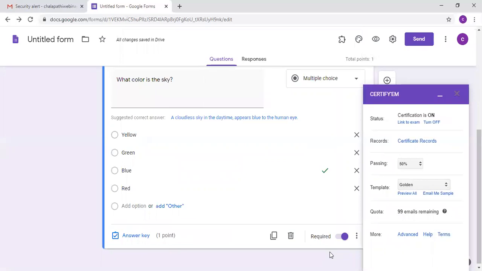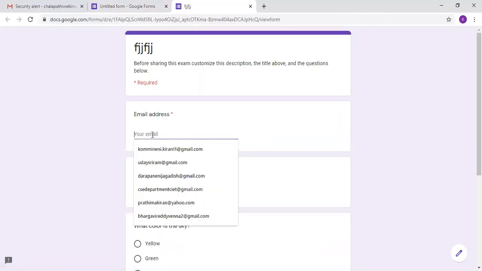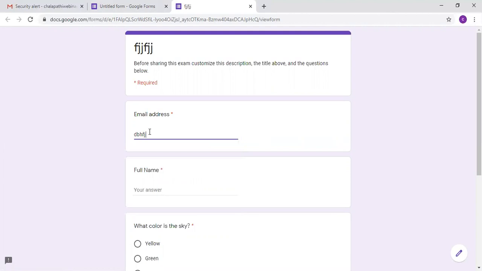Now I am ready to send that particular certificate. Everything is ready, so I'm clicking on this, and I am going to answer the form. The same mail ID I will take.